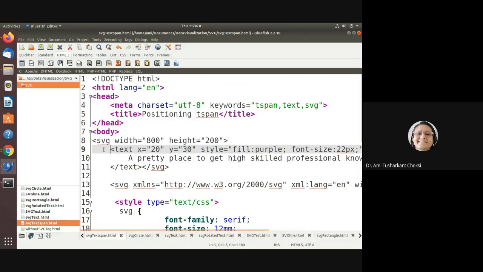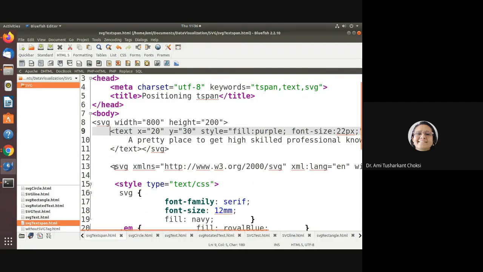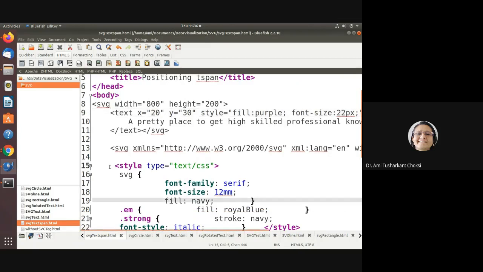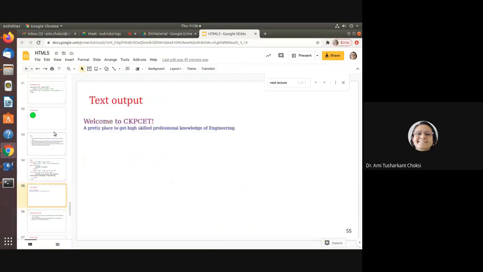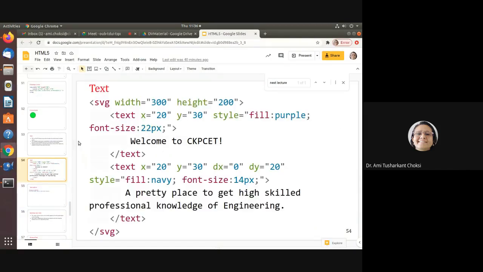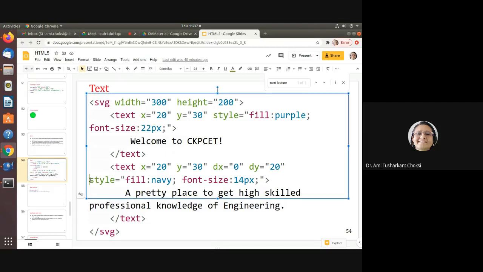Now we can say what we are having is we are specifying the style. Till now, we were specifying the style inline. That is, with the tag only, we were specifying the style. You can remember that. Here, inline, that is with the tag, we were specifying the style, isn't it?